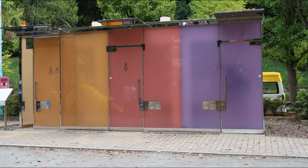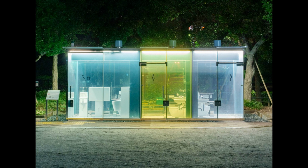Postscript. A message from the Toilet Project now states that the transparent toilets have been operating in an opaque state since December 14th, 2022 due to a malfunction in which the glass walls took time to become opaque due to a drop in temperature. However, taking into account the annual temperature changes, for the time being, we will operate them as follows. Mid-May to mid-October, the toilets will operate normally, switching between transparent and opaque. But mid-October to mid-May, the walls go opaque. Unfortunately, I was there in late October,